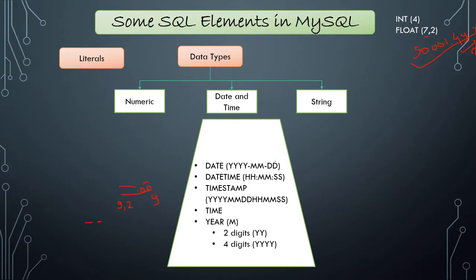So in the date data type, we are having the form YYYY-MM-DD. That means the year comes first, then month, and then the date. It is in the form of 1994, then month 01, or whatever your month is, then the date 01. In datetime, it is stored in the time format, that is hour, minute and second. After that, if we are storing a timestamp, that means it is a combination of date and time. Okay, and it is stored without hyphens.